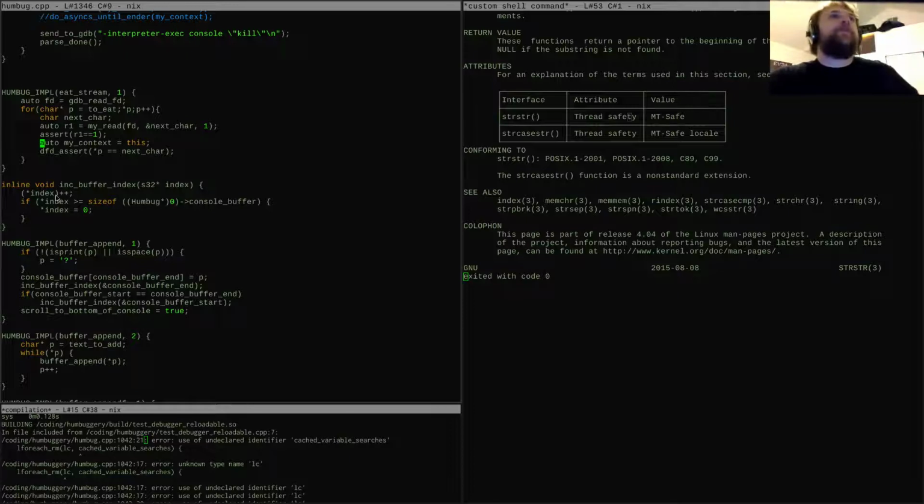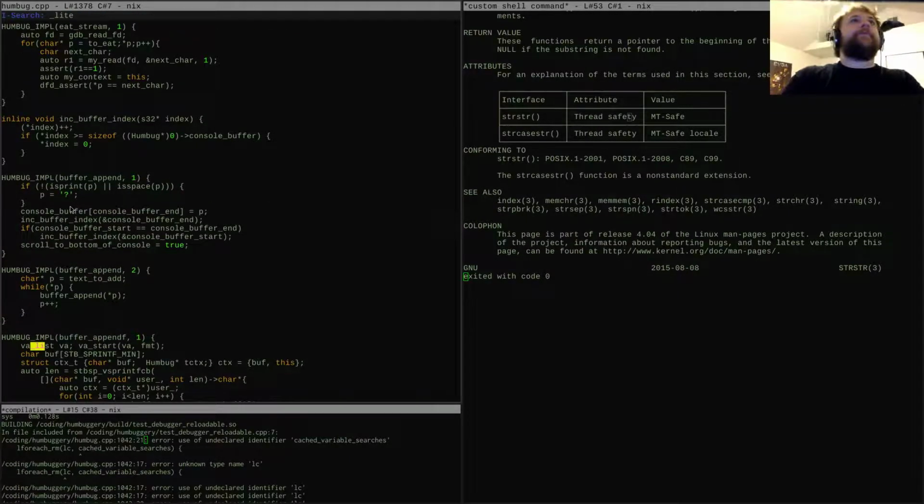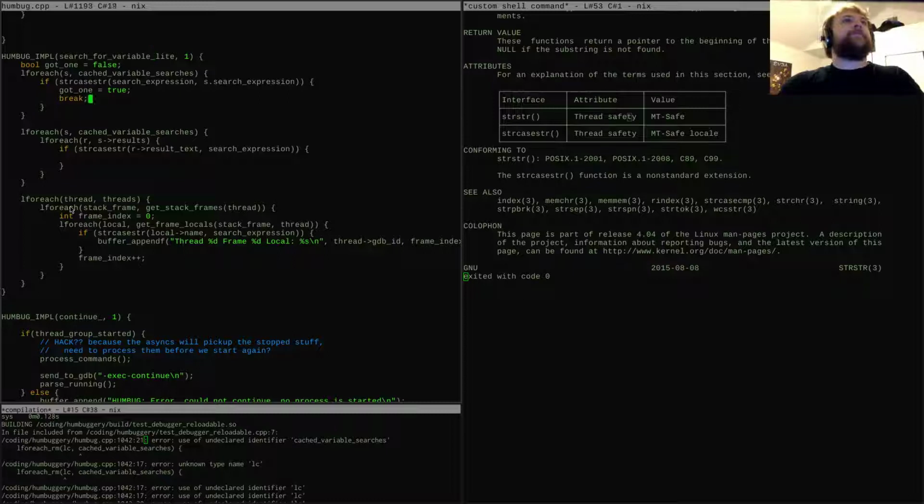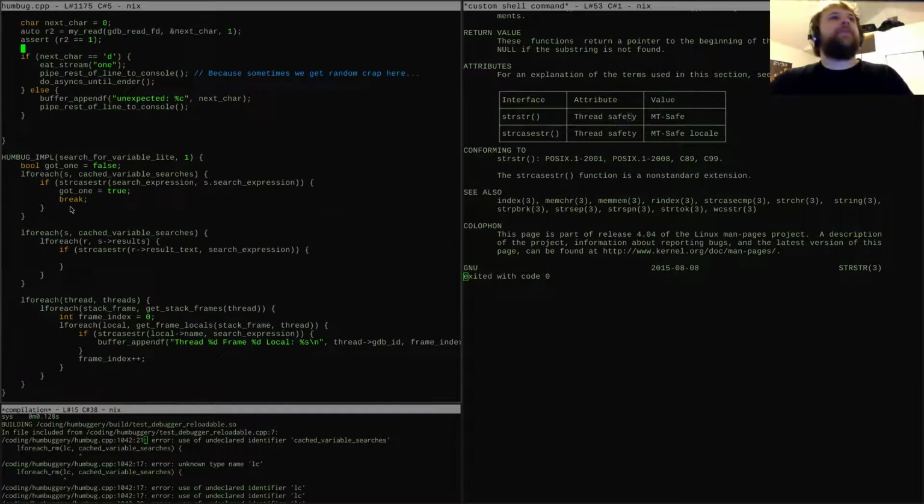Semicolon, braces. Yeah. Okay, what was I even doing? Oh, right. Lights. Right here. Okay, so I've got this guy here. What I'm doing is going through the search results and figuring out if we've already done a search that would encompass our result.